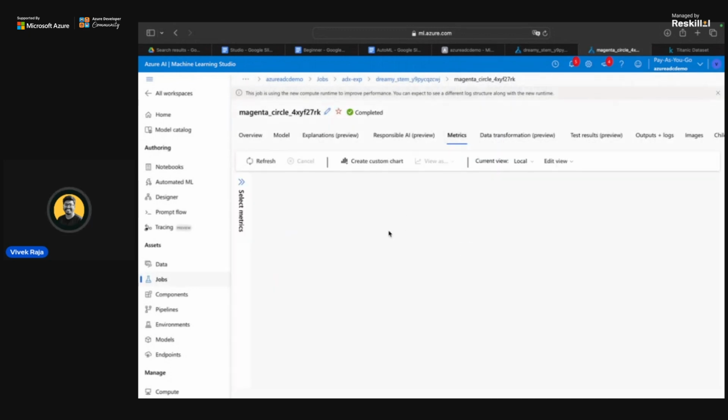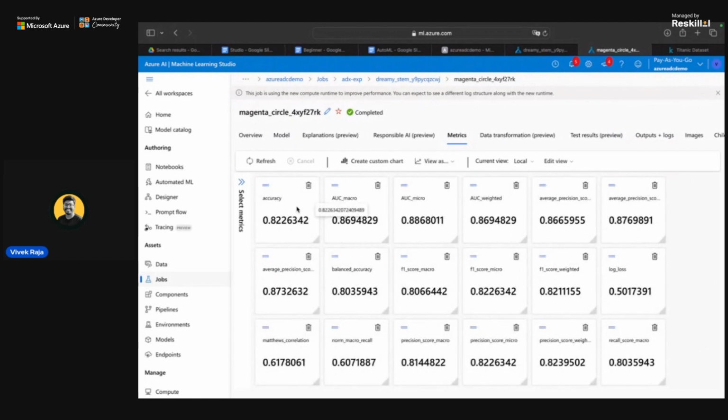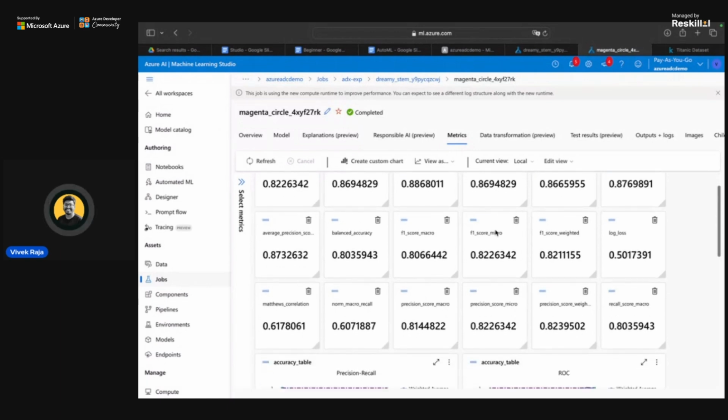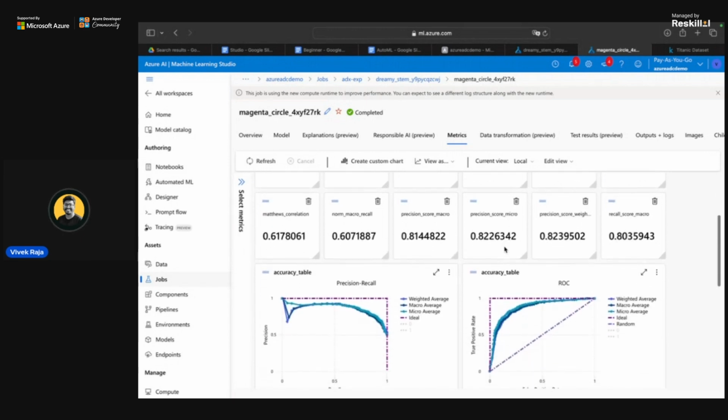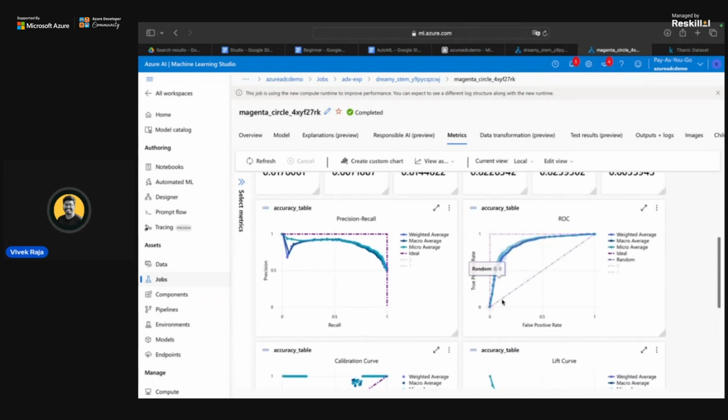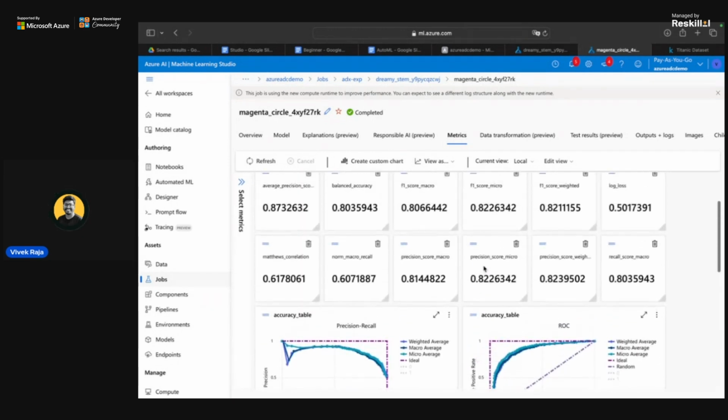And how do the metrics look? The accuracy is 82%, which is still good. But again, accuracy is not a really good metric to define classification. So let's go to F1. F1 is still 0.822, which is really good for this one. And the learning curve also seems pretty good. So I think it has done a pretty good job.